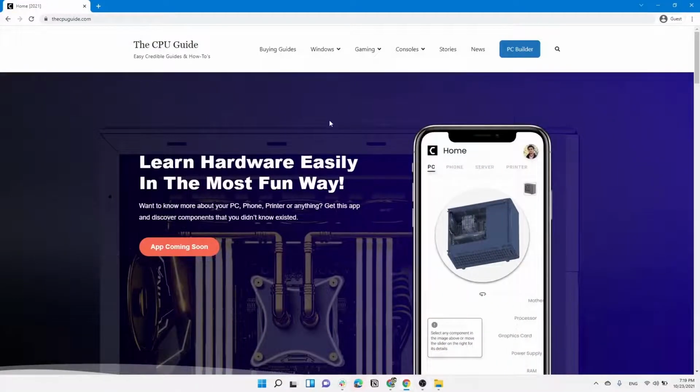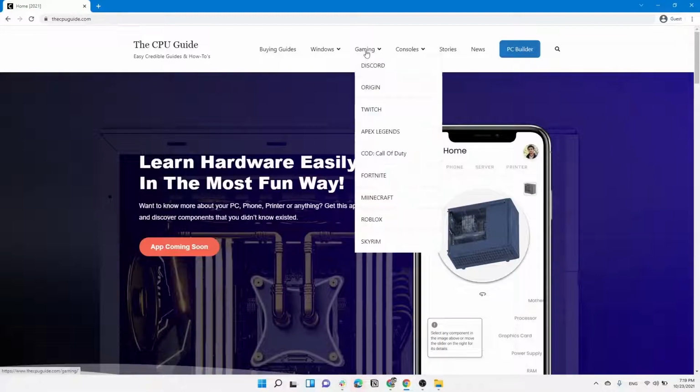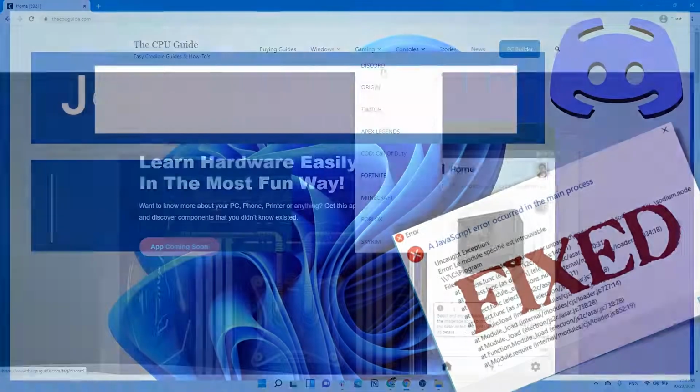work. Today we will be fixing Discord JavaScript error on Windows 11, so stay with me and we will get